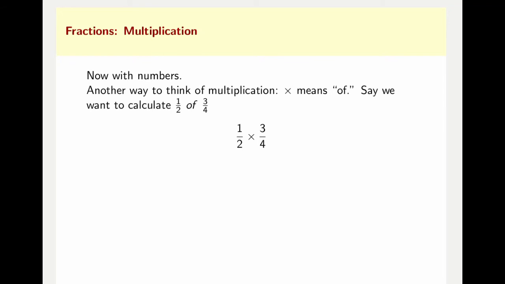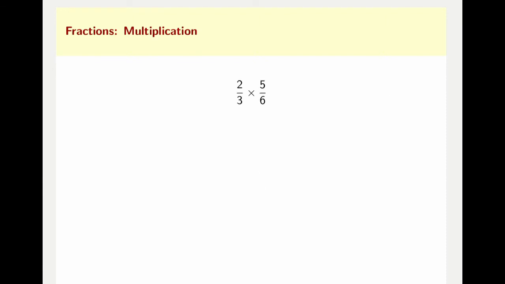Say we want to calculate 1/2 of 3/4. That means the equation we write down is 1/2 times 3/4. So just as we saw, 1/2 times 3/4 equals 1 times 3 over 2 times 4, which is 3 over 8. Here's another example. 2 over 3 times 5 over 6 equals 2 times 5 over 3 times 6, which